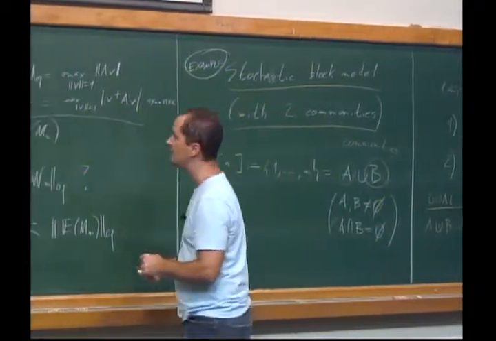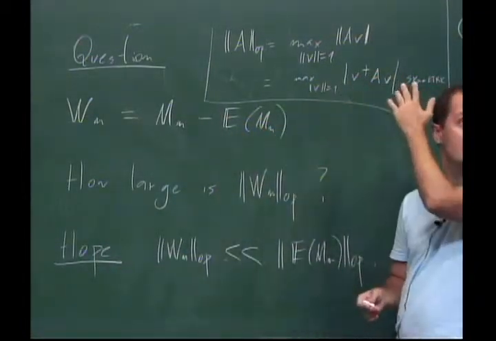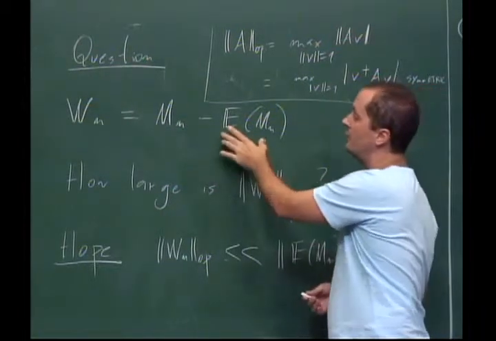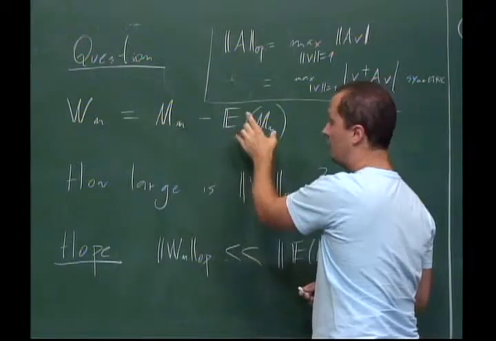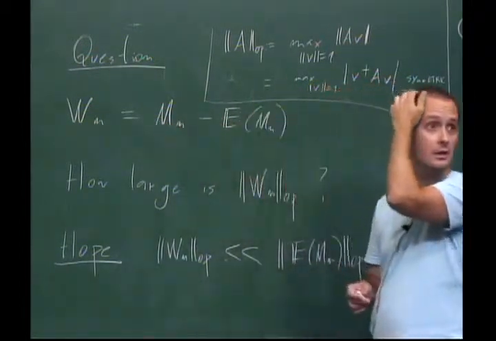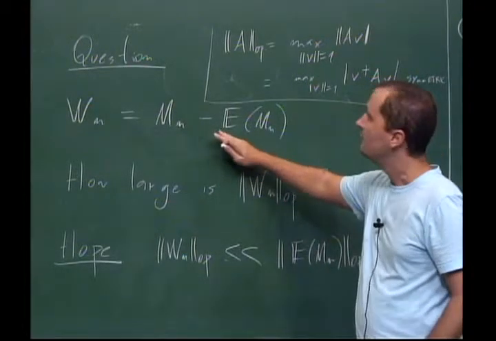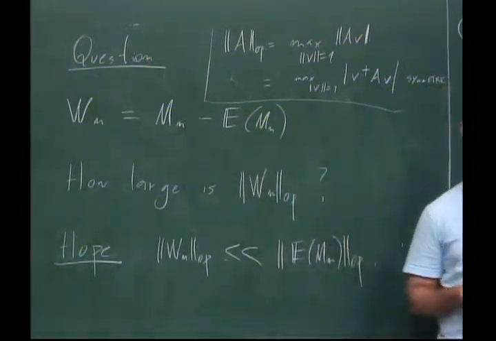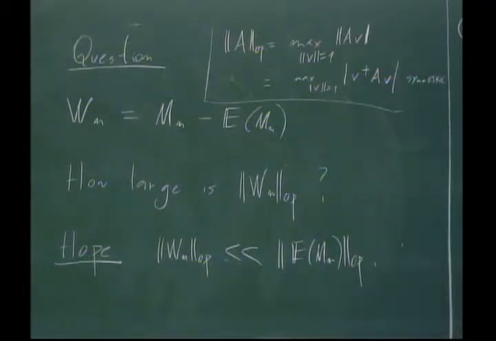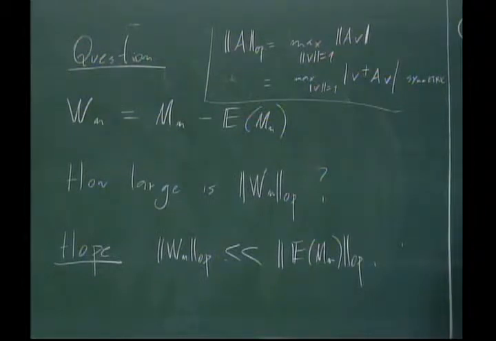So what we'd like to say is that Mn is a perturbation of this matrix. And using some sort of perturbation theory, we can hope that if this norm is small, then we can recover the expectation from Mn. And later today, we're going to see that this actually makes sense. We're going to do a very simple example where you can very easily bound this norm. It's essentially Wigner's original example. And then we're going to say a few words about what you can do in more general cases.